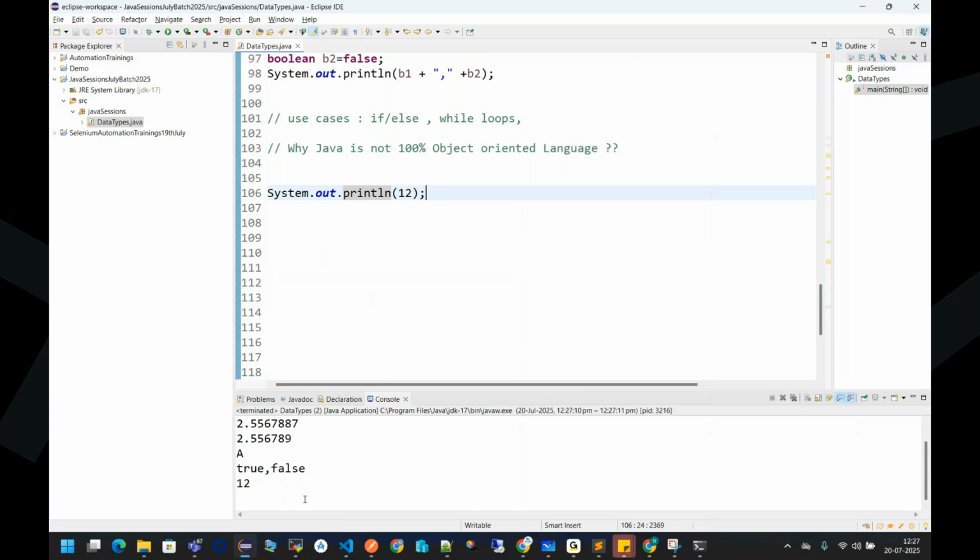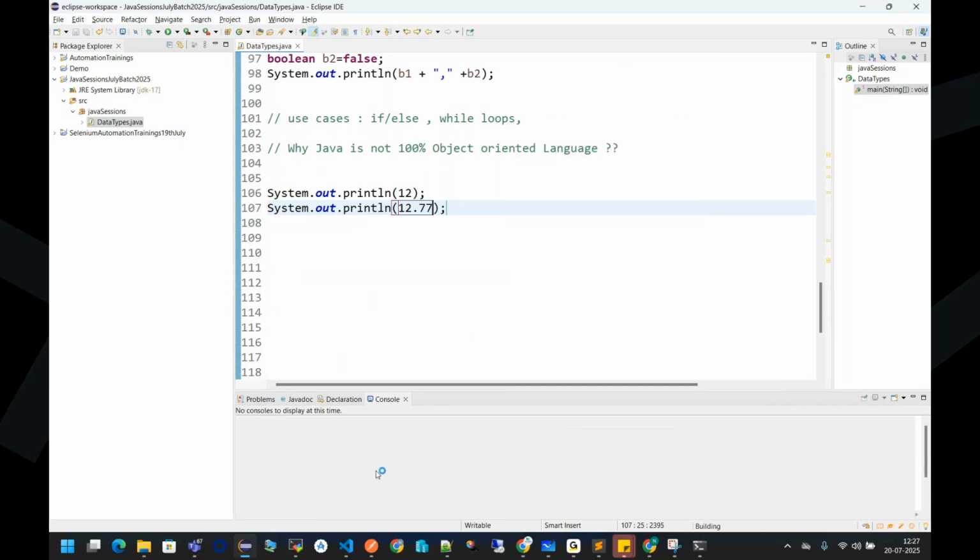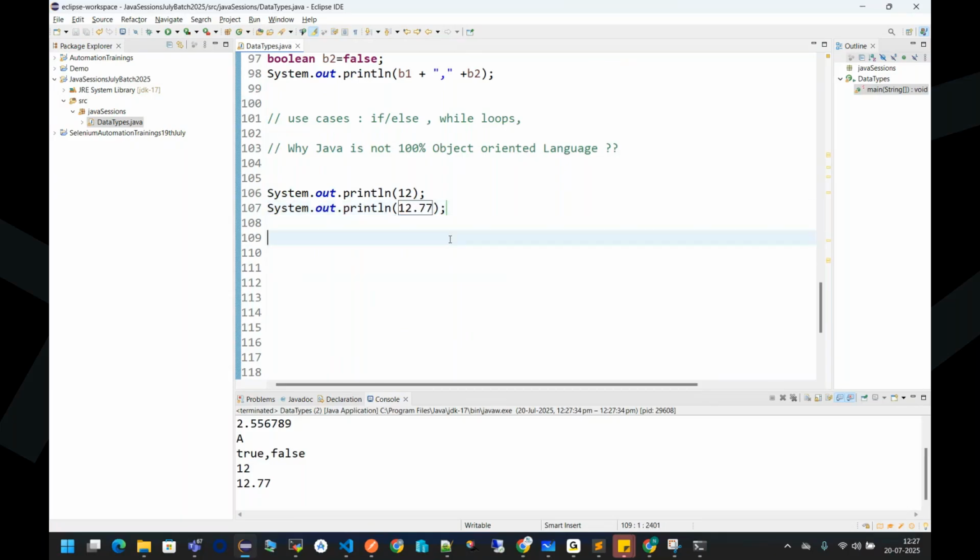Okay, it printed 12. Now the question I'm asking you in terms of memory management: can you tell me what this value is? Is it considered a byte, int, float, long, or what? By default, I told you, every integer value will be considered an integer, and every decimal value will be considered a double value. So try to understand, don't try to print all these values directly, because since these are now considered by default as integer,